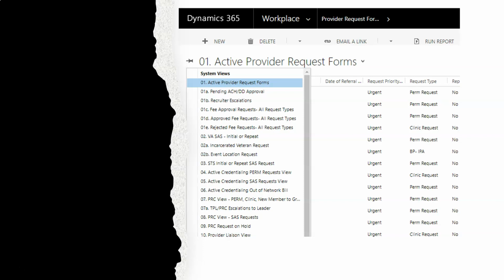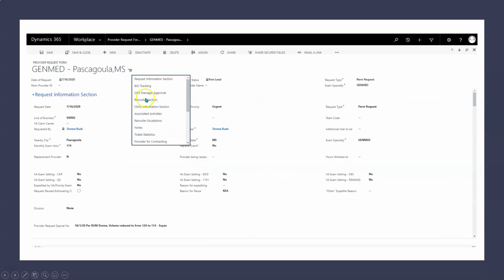And then lastly, if I bring up the provider request form, you can see I have 3 columns of information across, and just like in the provider record, we have the hamburger with tabs that I could navigate down to. So this is the current version of the system. The second part of this video will show you these same functions, but show them to you within the new version, the new